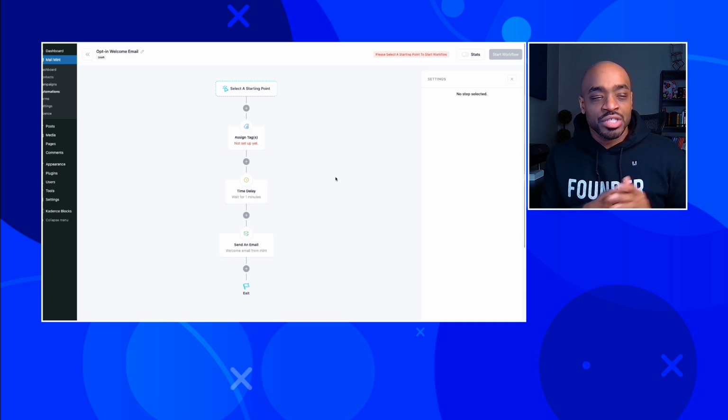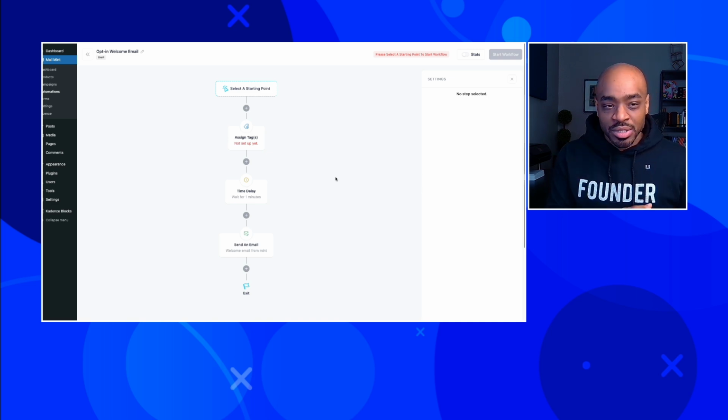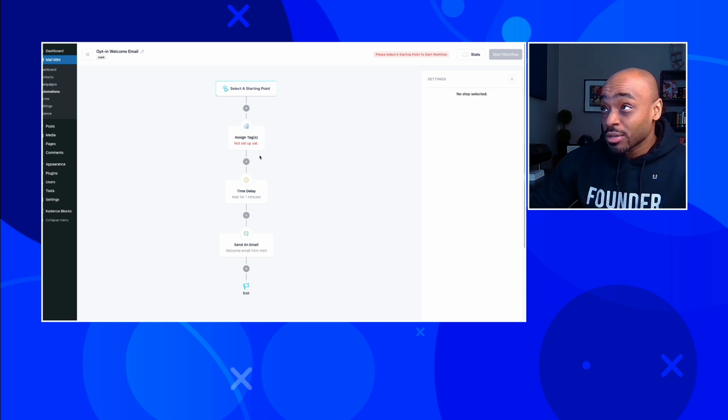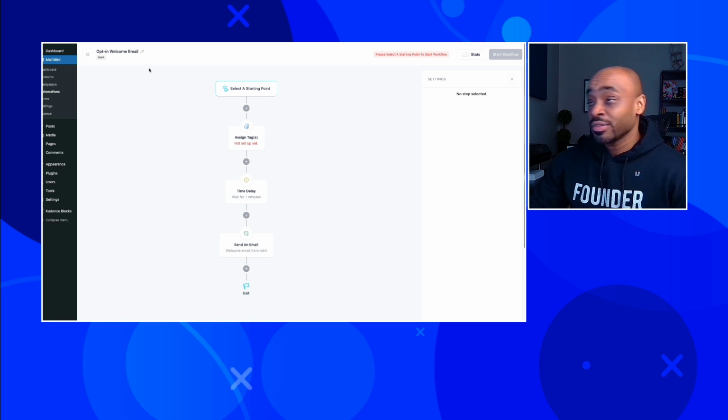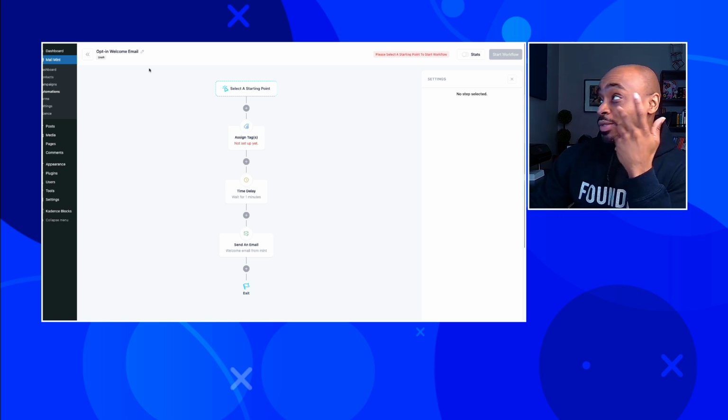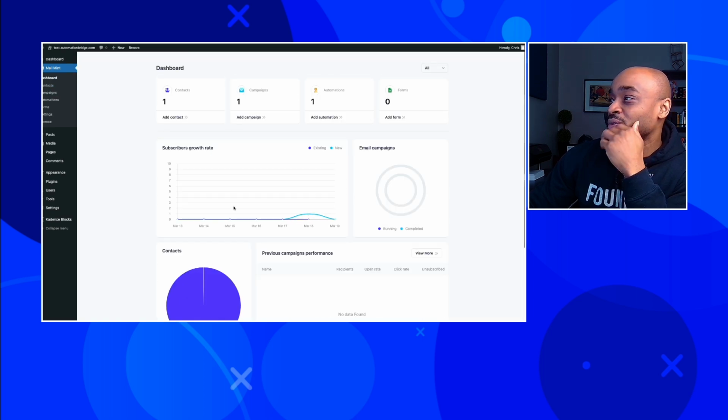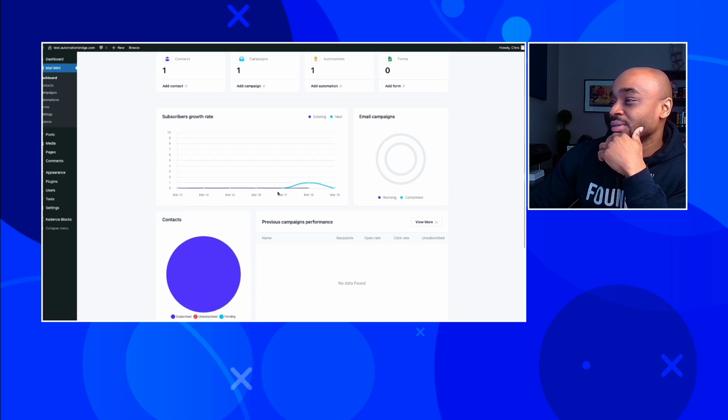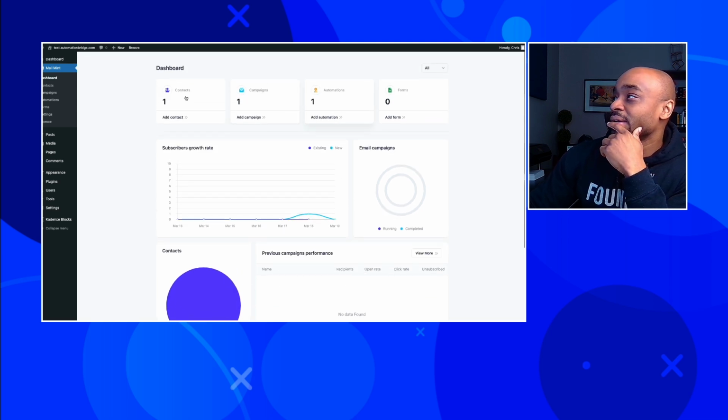So this is just your standard, hey, someone opts in on your website, you want to send a few emails, and that's it. Nothing more, nothing less. If you wanted more, you won't get it. If you need less, then don't use it, right? That's everything. That's everything. If we go to the dashboard, it gives you some data here, but